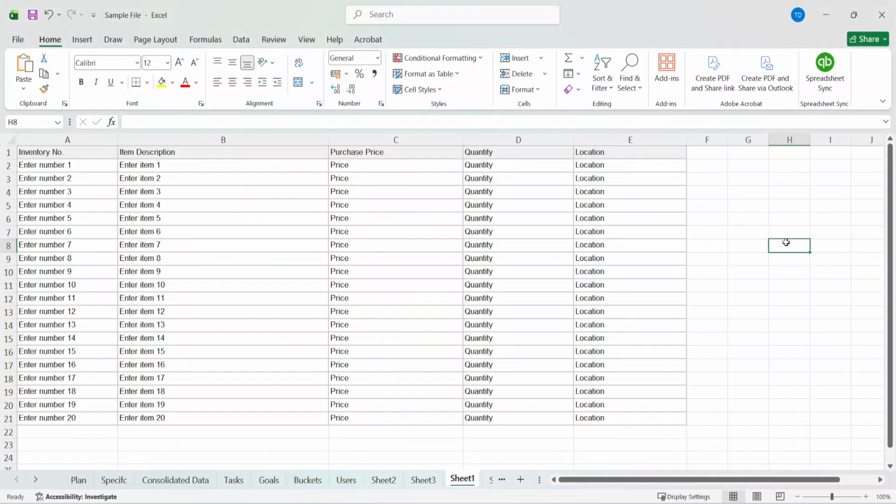Hey everyone, today I'll show you how to insert a column between two columns in Excel step by step. The key thing to understand is that Excel always inserts new columns to the left of whichever column you select. So if you want to insert a column between column B and column C, you'll need to select column C